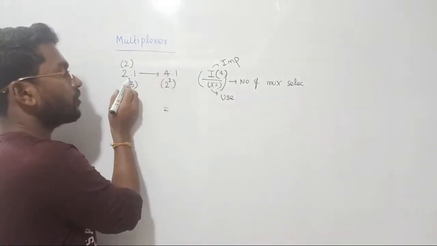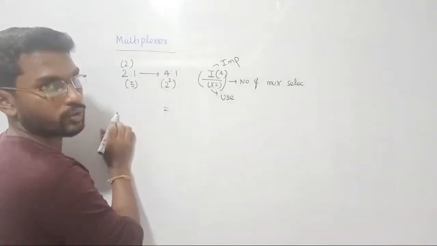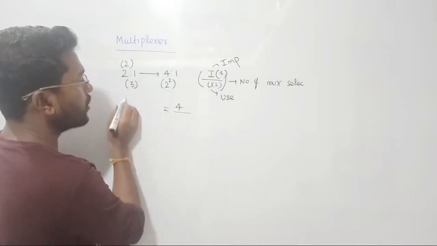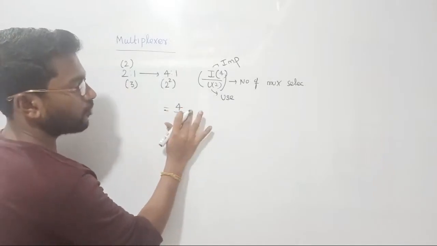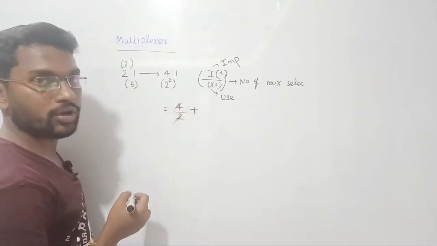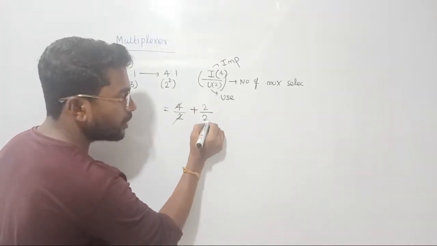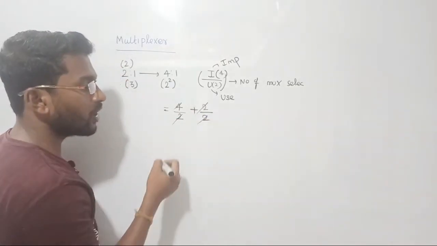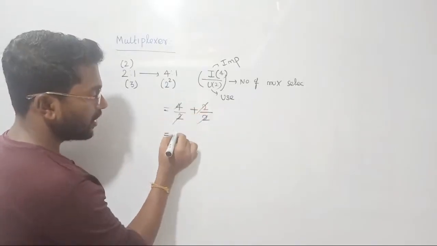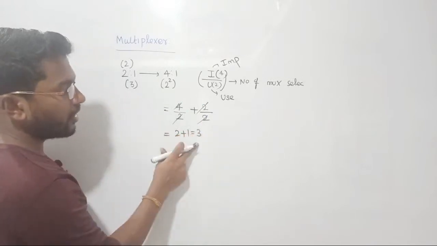In order to find out the number of 2 cross 1 mux required to design the 4 cross 1 mux, select the implementation. We are going to design 4 cross 1 mux by using what? 2 cross 1 mux. Just divide 4 by 2, and you get 2. Again this 2 can be divisible by 2. Again we have to consider it: if you can cancel by 2, take the remainder and cancel it again here, such that it becomes 2 plus 1. So that is going to be 3 2 cross 1 mux required in order to design the 4